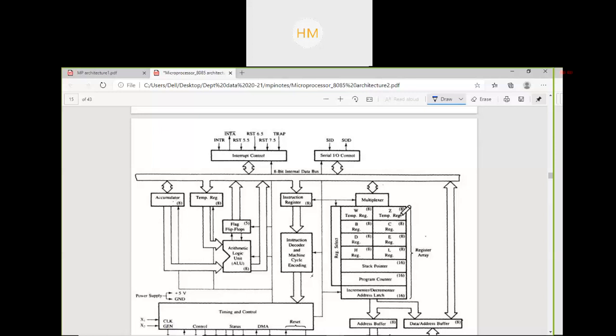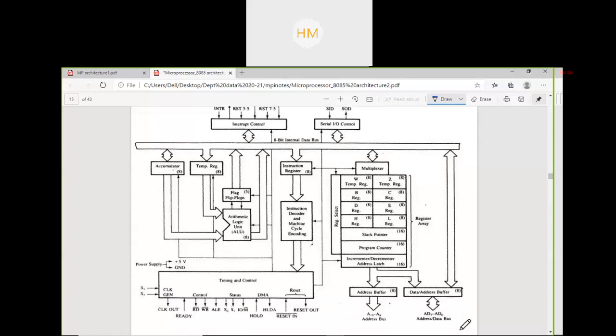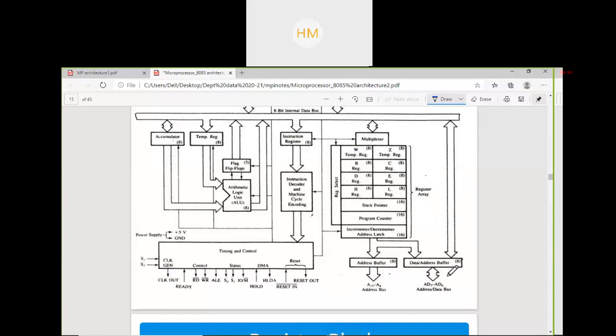Similarly, in the register array, you have maximum 8-bit and a few are of 16-bit. Address buffer 8-bit. Here you can see. Clear? This is a bidirectional bus. This is a unidirectional bus. Any doubt?